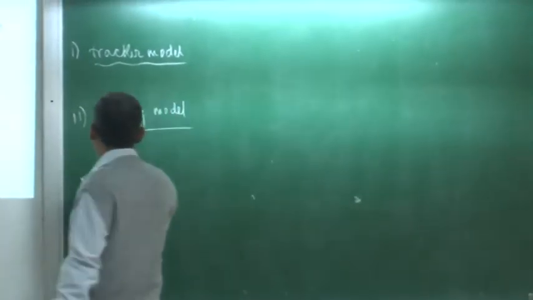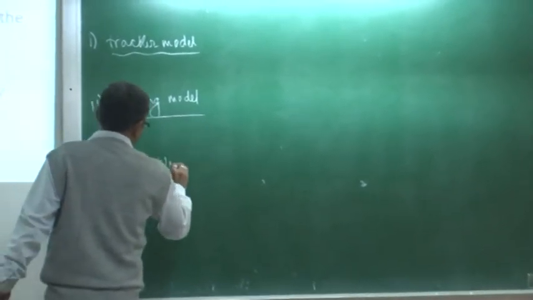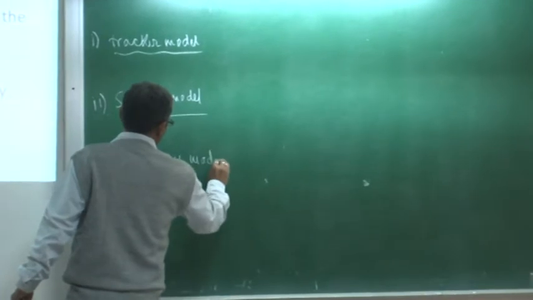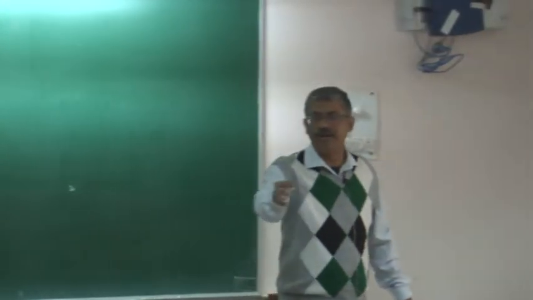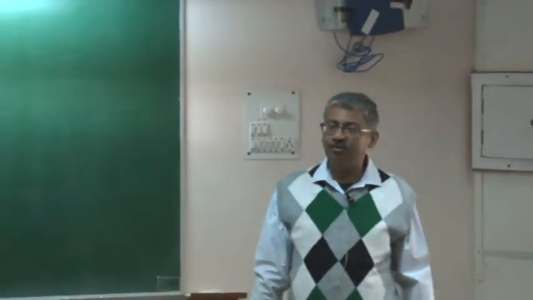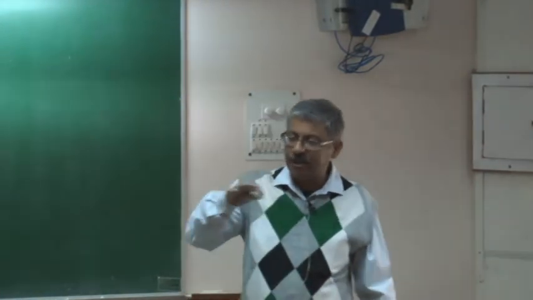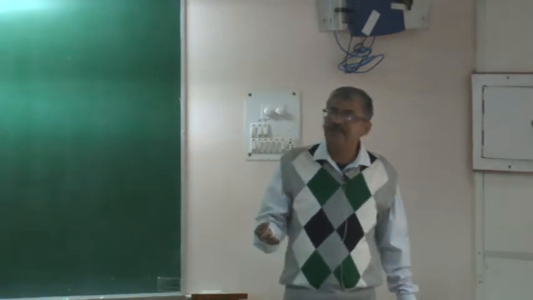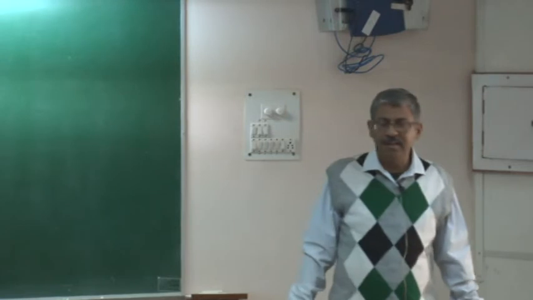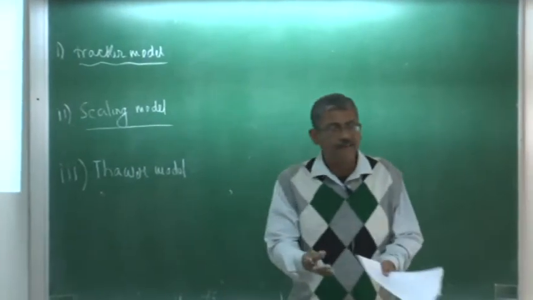Then another model which is called the Thawing model. The idea is similar to what you already know in inflation. In inflation you know that I can have a scalar field with a potential, and if the potential is flat enough, it can behave like a cosmological constant. And once it behaves like a cosmological constant because it is potential dominated, then it can actually behave like a dark energy.